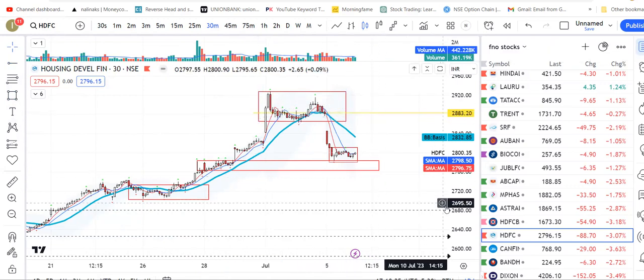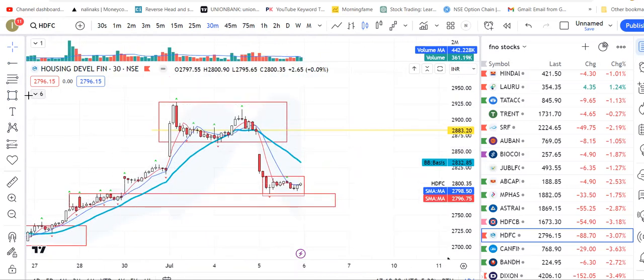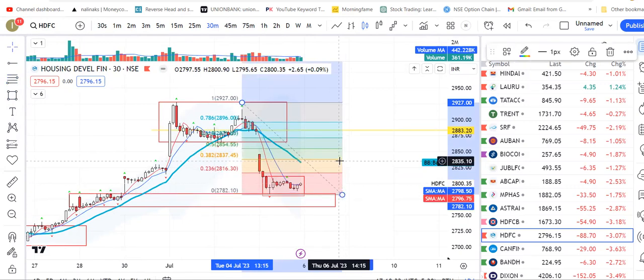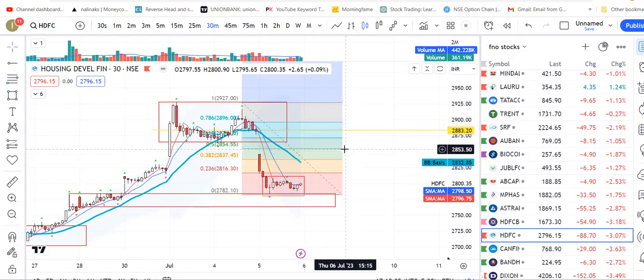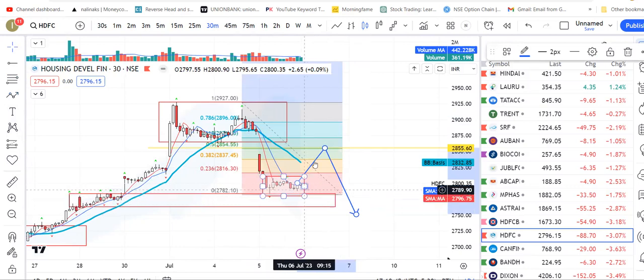So if the pullback is, for example, only 0.5, probably you can consider it may be in for more correction. So as an intraday trader, you can utilize this pullback and trade for that. That is 2794 to 2855, around